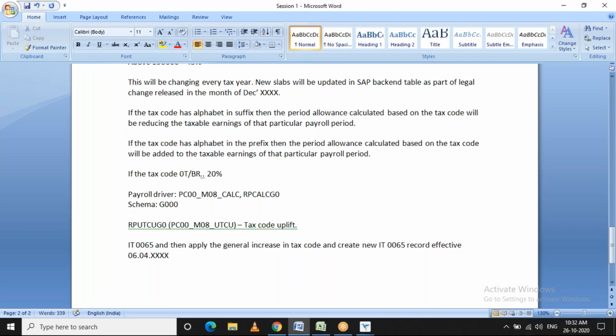For example, from 6th of April 2019, the employee was on 1200L tax code. For the tax year 2020 to 2021, the general uplift is 50 points.